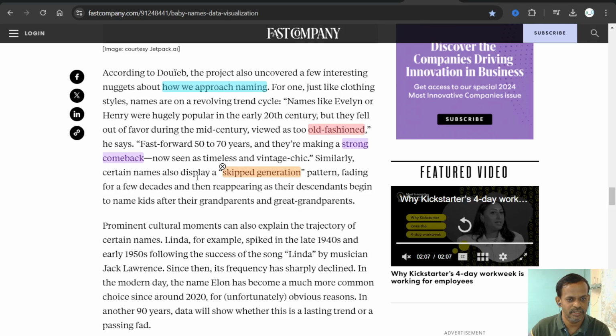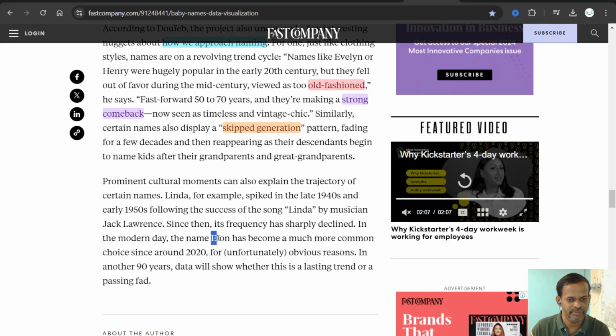There are also skip-generation patterns, fading for a few decades, then reappearing as descendants begin to name kids after their grandparents or great grandparents. So we have seen this approach, many people name their babies after their grandparents or great grandparents.